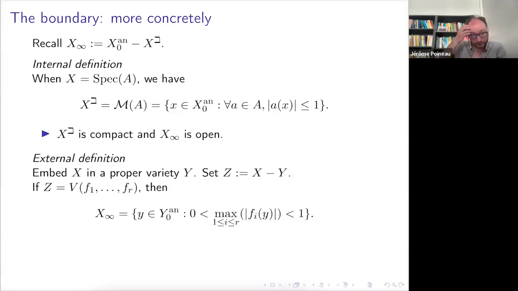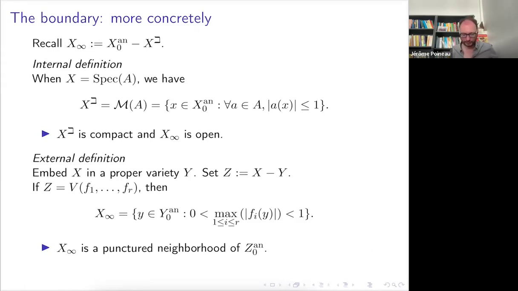And if Z is defined, at least locally, by the vanishing of some functions f1, ..., fr, then you have a concrete description of the boundary by requiring that the maximum of those functions is strictly between 0 and 1. So this is like a punctured neighborhood of your variety. And the nice thing is that it's independent of Y.